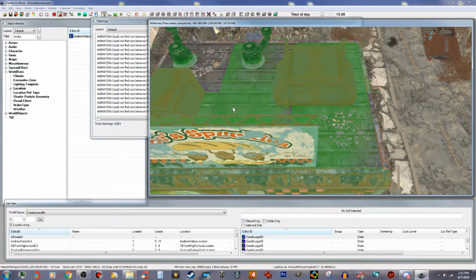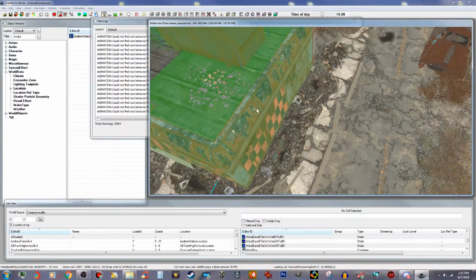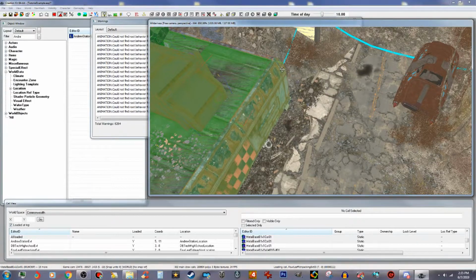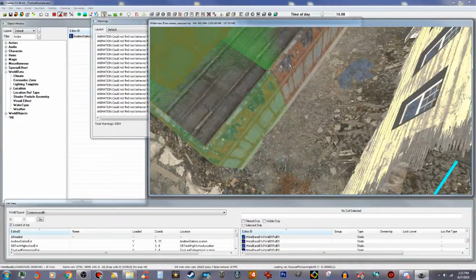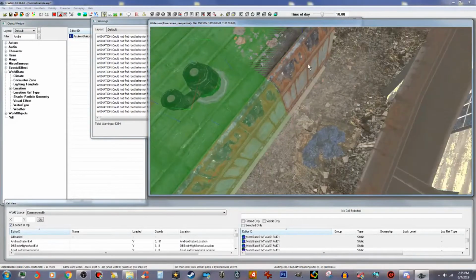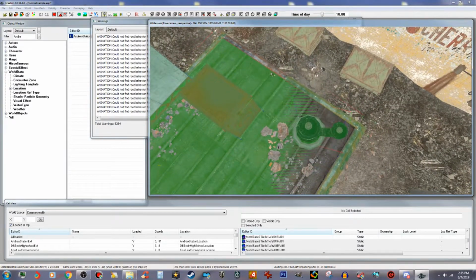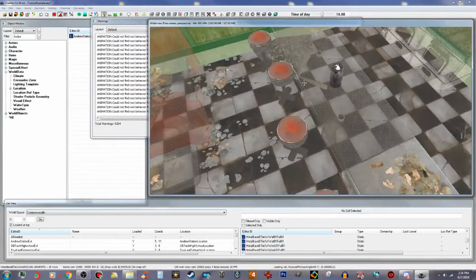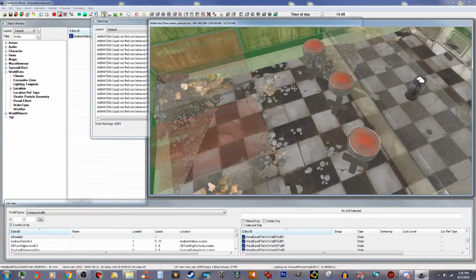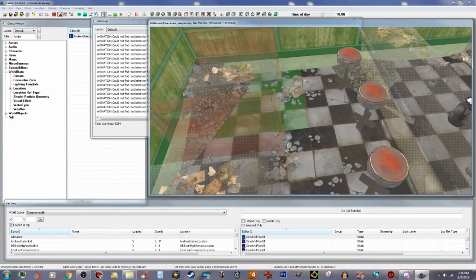And we're going to click on all of this here. And then we're going to get the side pieces, the back corner. Like that. Like that. And we're just going to basically select the whole building here. Like that. And then we'll go inside. Since we've hidden pretty much everything in here, we can just go ahead and start clicking on